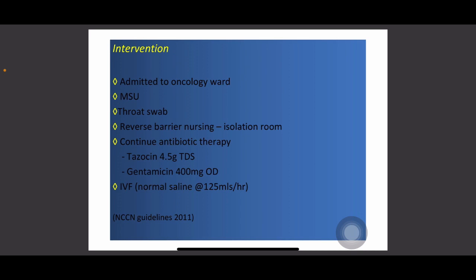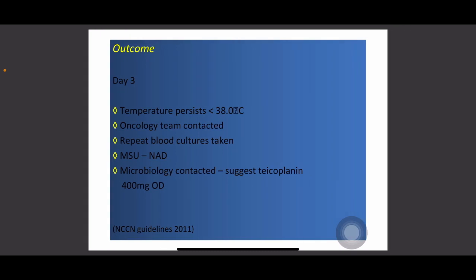Interventions for Mary. She was admitted to the oncology ward, MSU was done, throat swab was done, and reverse barrier nursing was started. She was in an isolation room. Continue antibiotic therapy: Tazocin 4.5 gram TDS, gentamicin 400 milligram OD, normal saline started at 125 ml per hour. Outcome on day 3 was that temperature still persisted, but it was less than 38 degrees centigrade. The oncology team was contacted, repeat blood cultures were taken, MSU showed NAD, and microbiology was contacted, and they suggested teicoplanin 400 mg